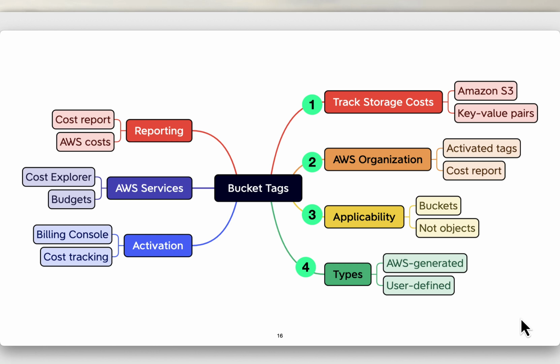4. There are two types of cost allocation tags, AWS generated tags and user-defined tags. The AWS generated tag, created by, is applied automatically after an S3 create bucket event. 5. User-defined tags are created and applied by you to your S3 bucket. 6. After creating and applying user-defined tags, you can activate them using the Billing and Cost Management console for cost